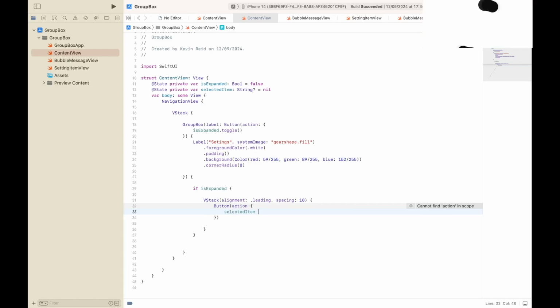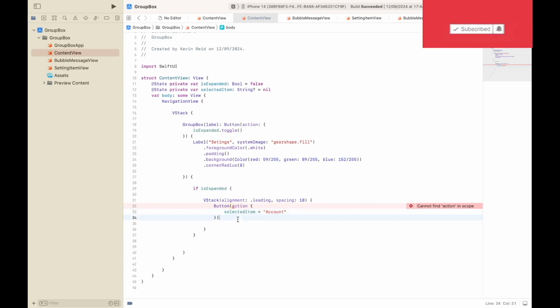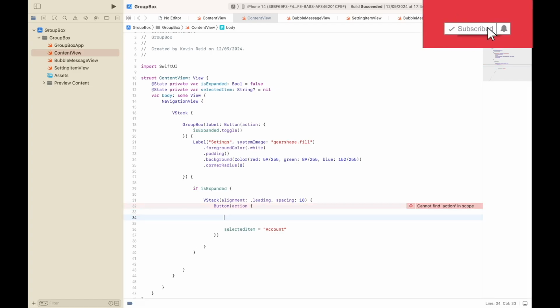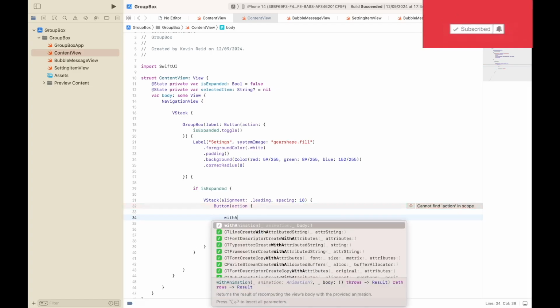Selected item, account, and we also need to use a bit of animation to detect when the button has been clicked. With animation,